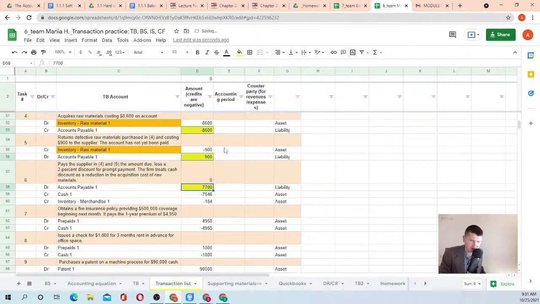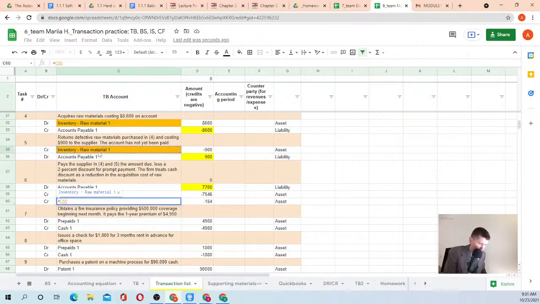I will highlight it in yellow. That's how we got $7,700, which we settled. So that liability was settled, and it was settled with an asset outflow, cash, minus $7,546. And we got a discount, 2% discount, which again